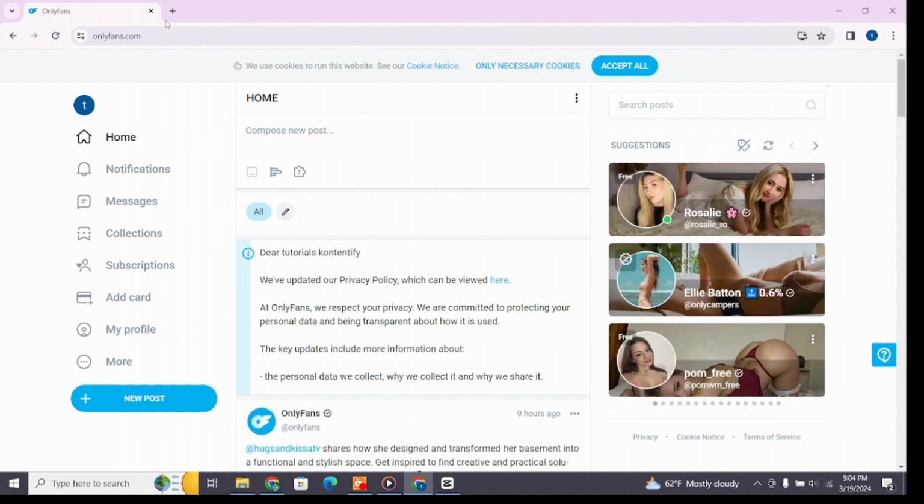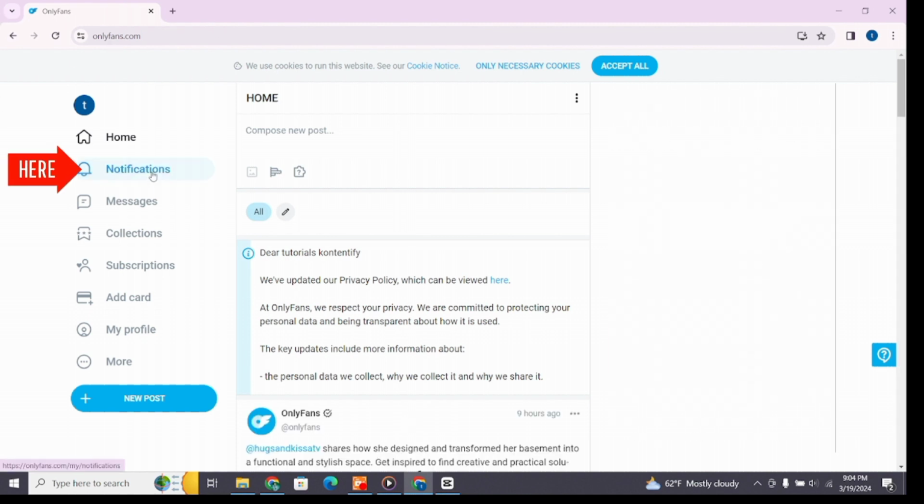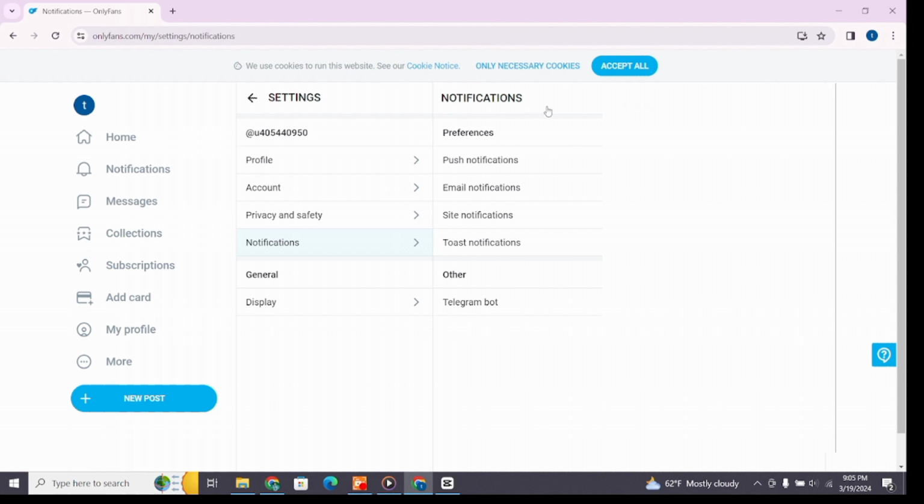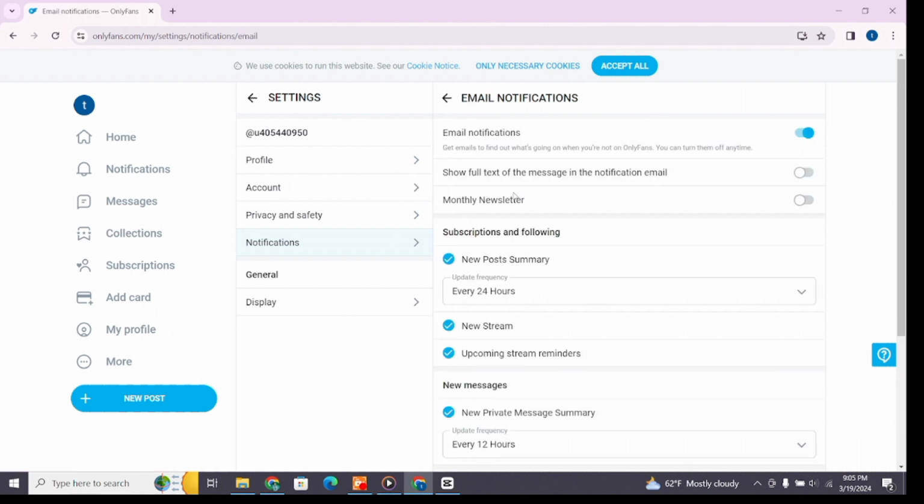Here at the left side, you will find various options. Under it, click on this notification option and you will be presented with this window. Here click on the settings icon at the top and then you will see various notification options at the right side. From here, click on the email notification option and here you will see the email notifications, which is currently